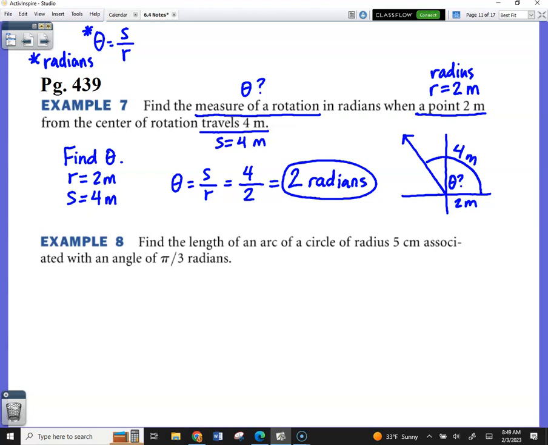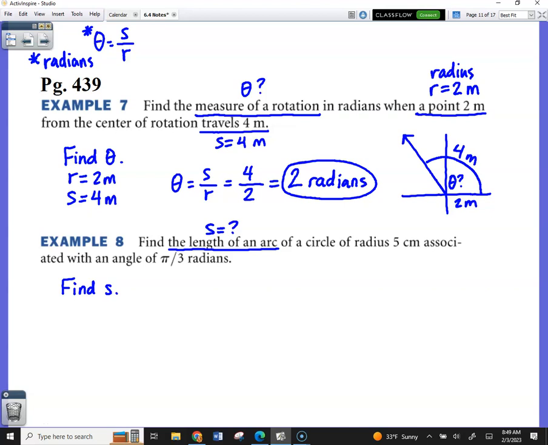Find the length of an arc of a circle of radius 5 centimeters associated with an angle measure of pi over 3 radians. Okay, reread. Find the length of an arc. What letter does that represent? S. So you would say to yourself, okay, S is my question mark. We don't know. And I'd even make a note. I am finding S. Find S. That means they have to be giving me